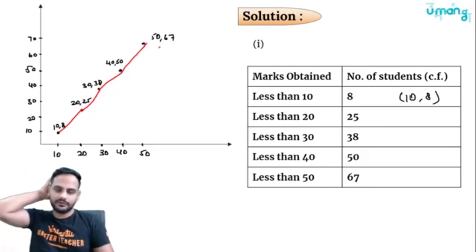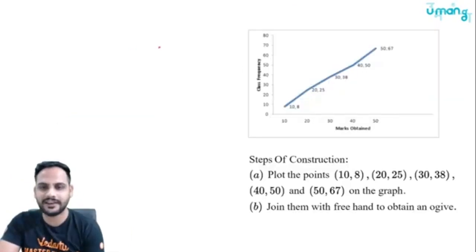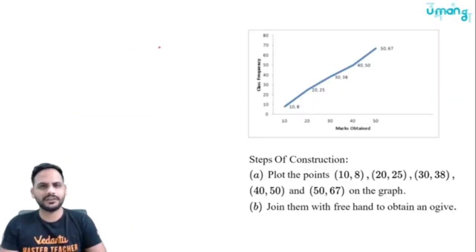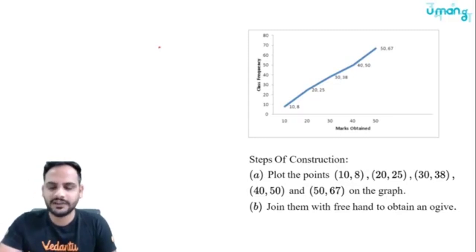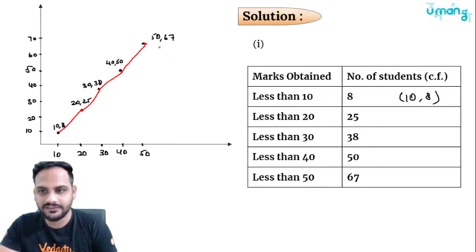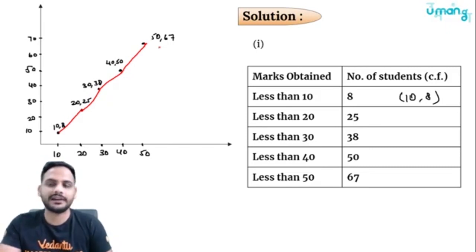Okay, so this is going to give you your less than ogive. This is just a rough diagram I have drawn over here. Here you can clearly see that part. So drawing the ogive also is very easy. Just remember this part, that if the less than table directly is given, it is giving you directly your cumulative